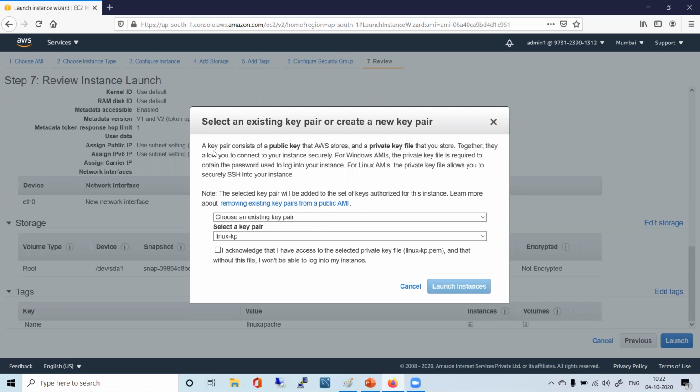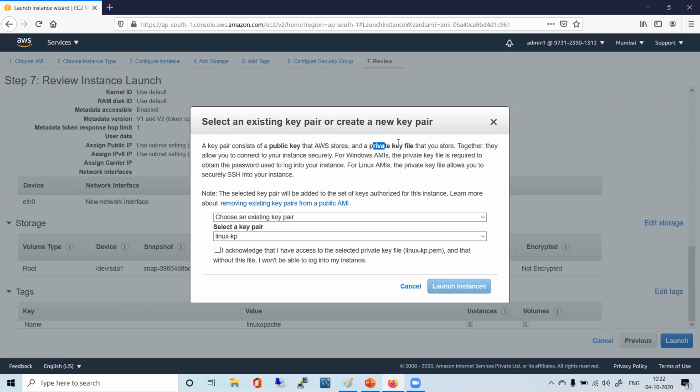So just see here, key pair consists of a public key that AWS stores. That's what I was explaining to you, Rahul, yesterday. So I had shown you under the .ssh directory, under the authorized_keys file, right? We had the public key mentioned.